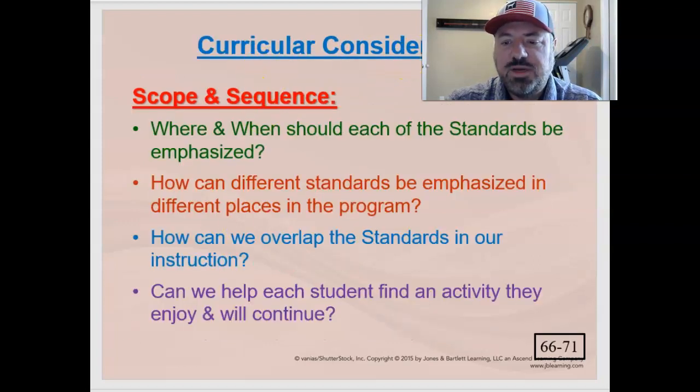Next, let's talk a little bit about curricular considerations. All right? So in curricular considerations, let's start out by talking about the scope and sequence. It's when and where should each of the standards actually be emphasized. So when you're building a curriculum, you'll spread your activities out. Like I said, you might stagger it with a health and fitness, long-term wellness related unit or chapter, and then follow it up with an individual dual activity recreational sports, and then more of a traditional team sports,